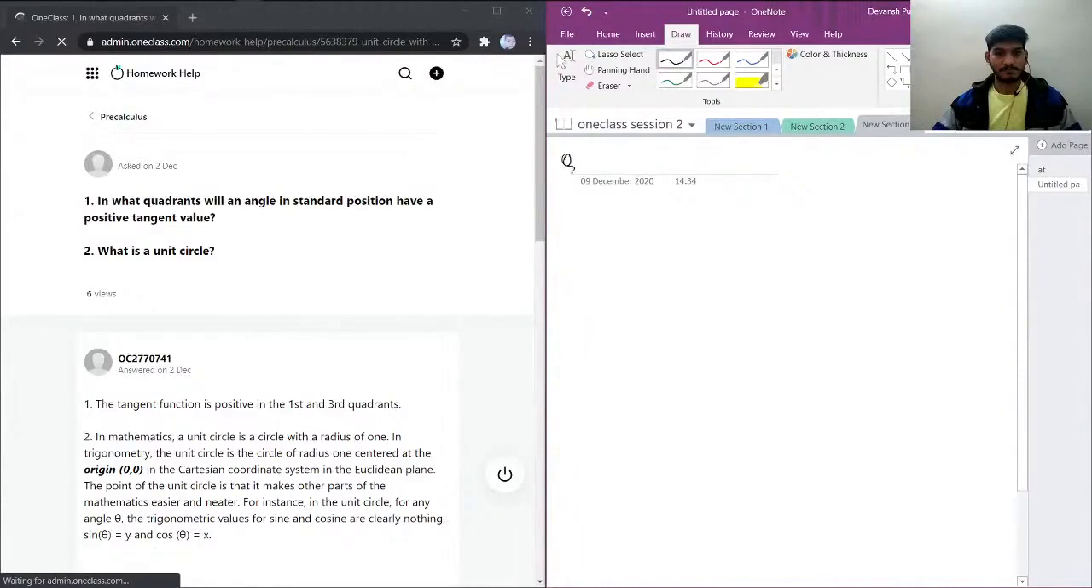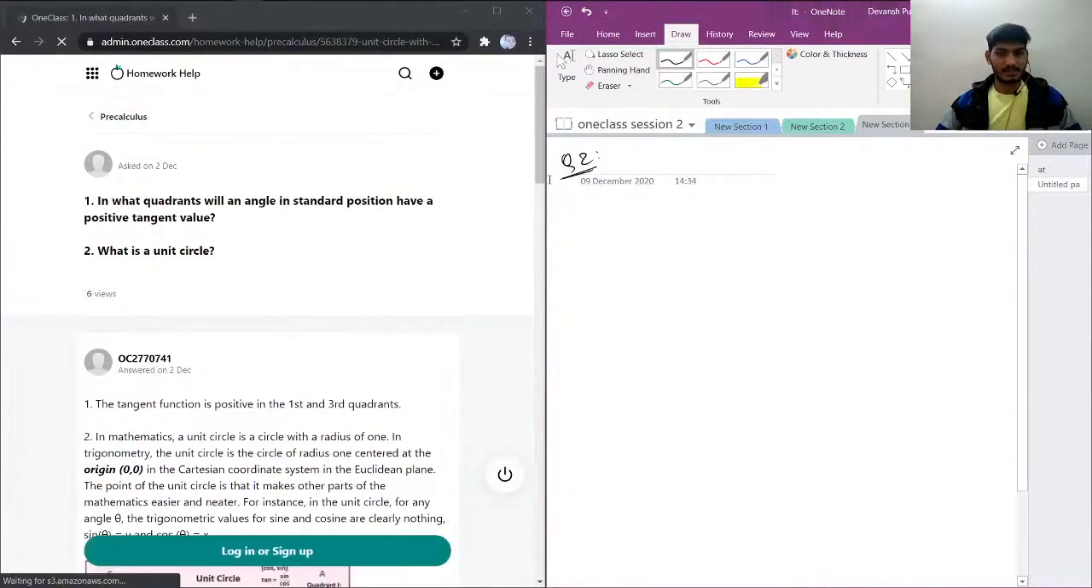So we'll go to question number 2. In what quadrants will an angle in standard position have a positive tangent value, and what is a unit circle? So if I draw a unit circle, let me just first write the question. The first part is in what quadrants angle, so we need tangent as positive